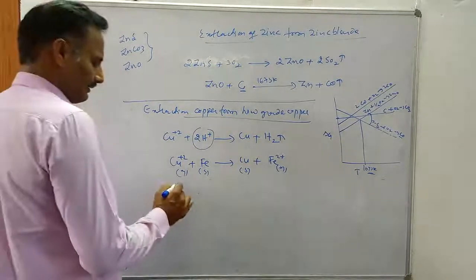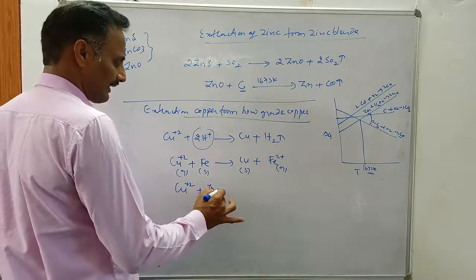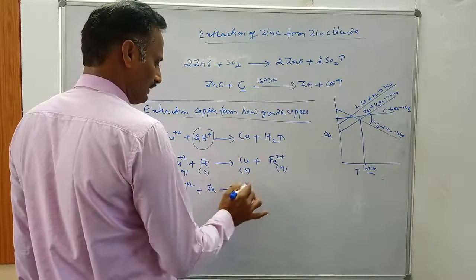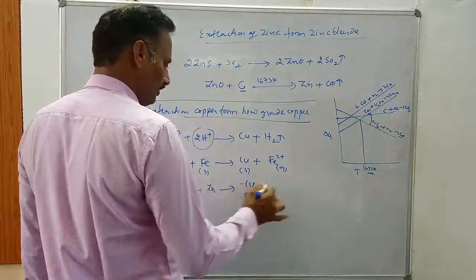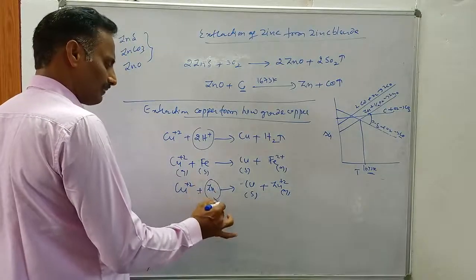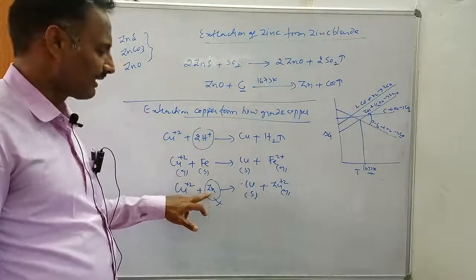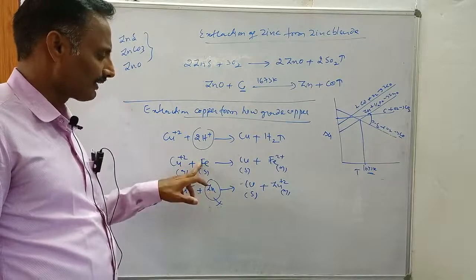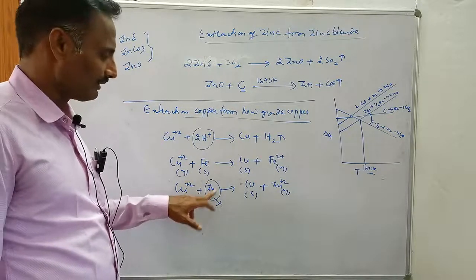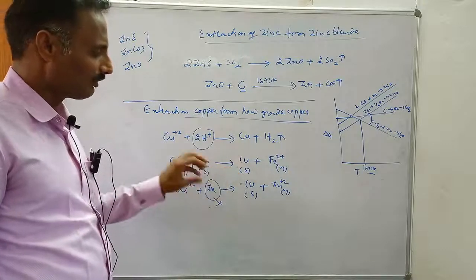Similarly, Cu2 plus treated with zinc scrap: the zinc scrap reacts, and we get Cu, which undergoes reduction, and Zn undergoes oxidation, giving Zn2 plus in aqueous medium. But this is not suitable. Comparing the reactivity of iron and zinc, zinc is more reactive than iron. Even though zinc is more reactive, it is not advisable since zinc is costlier and not economically profitable. That's why iron scrap is better to use to reduce Cu2 plus into Cu.